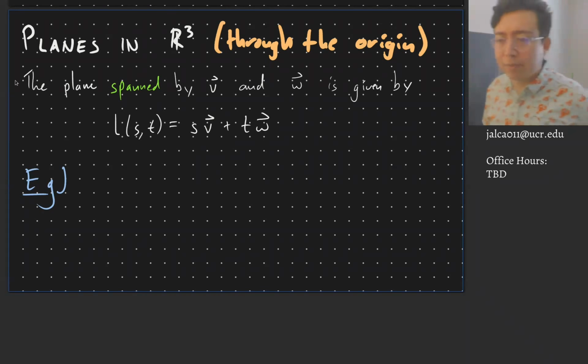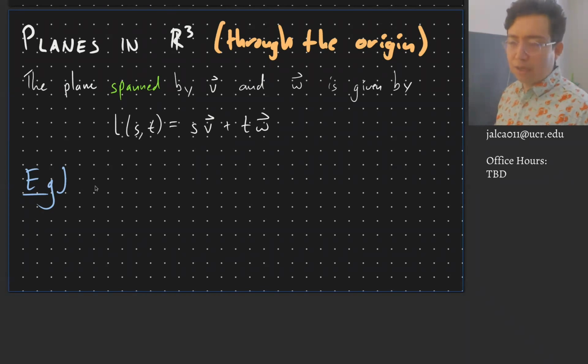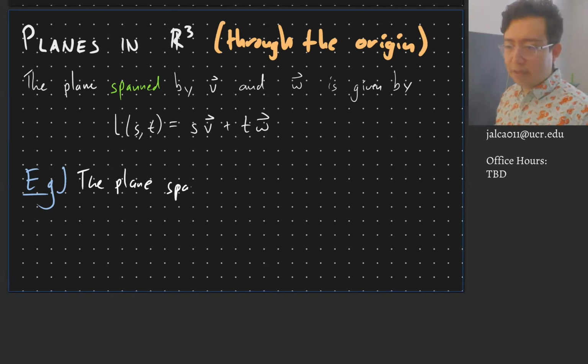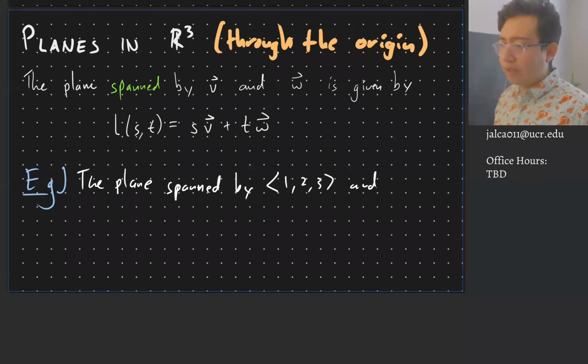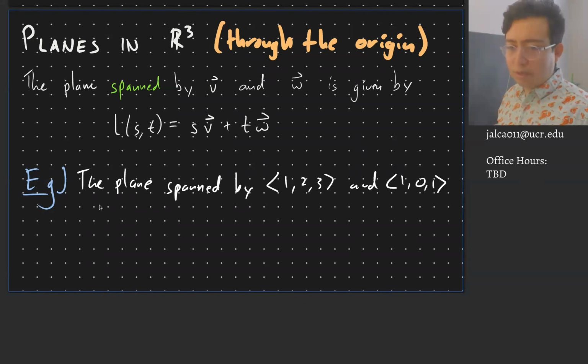You're going to be given two vectors: the plane spanned by, let's say, (1, 2, 3) and (1, 0, 1), is given by,